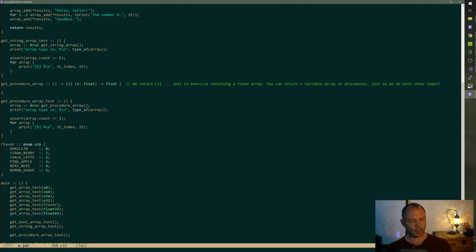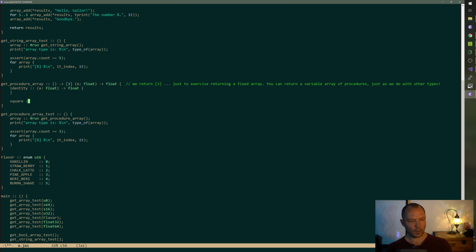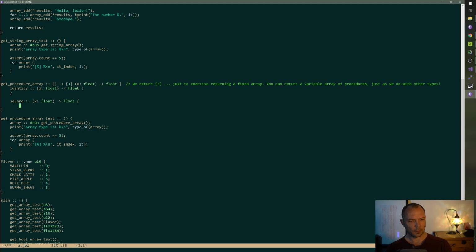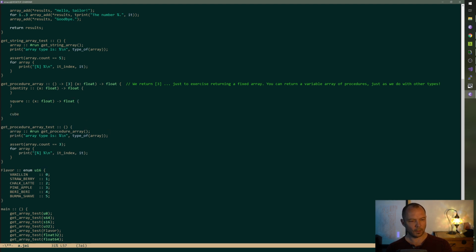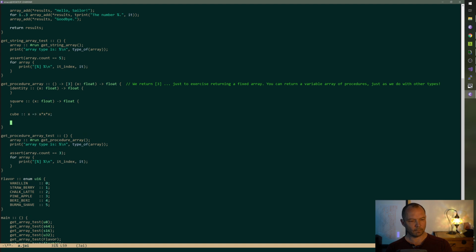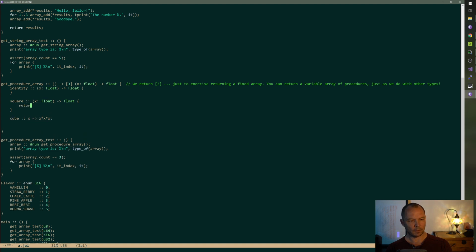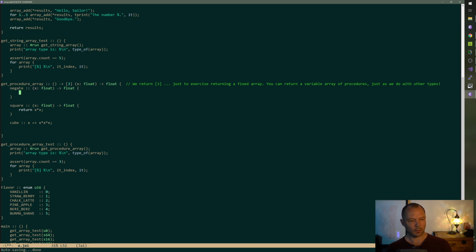Let's go identity, square and cube, and then let's say negate actually.